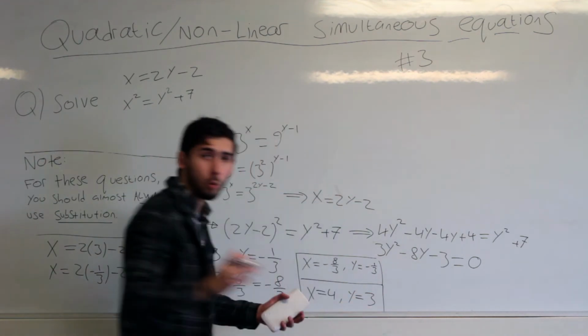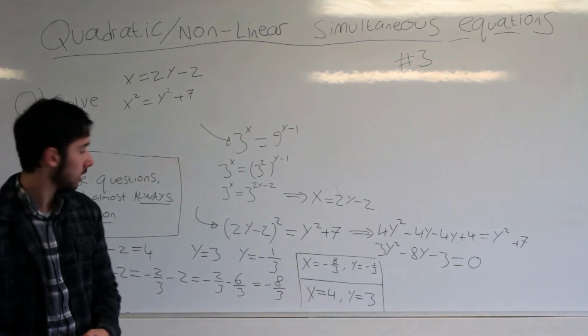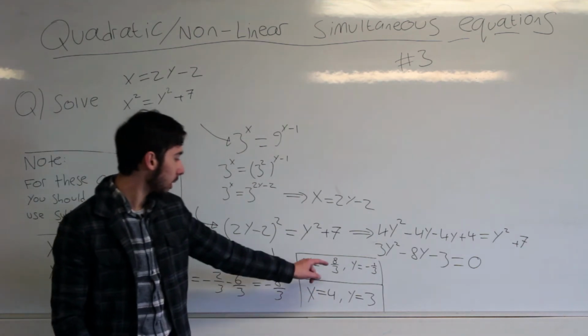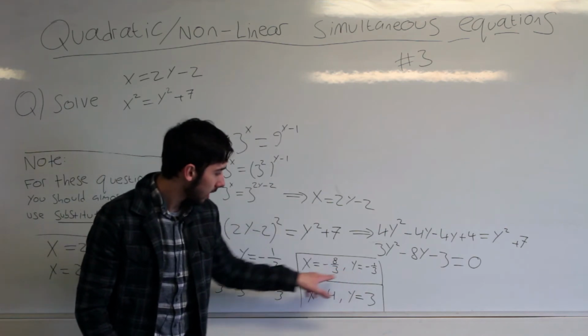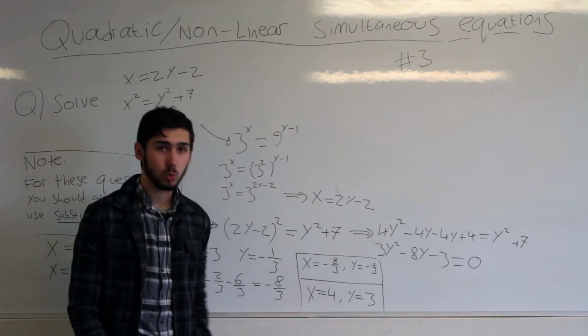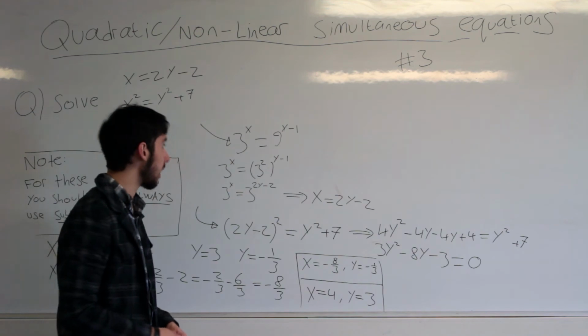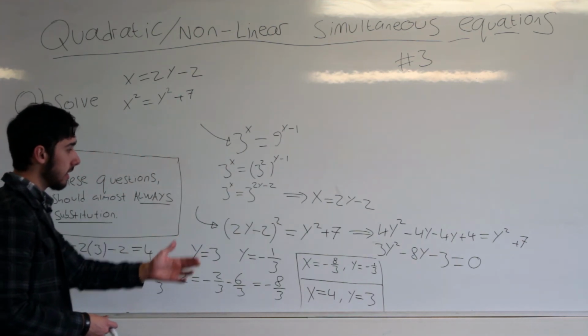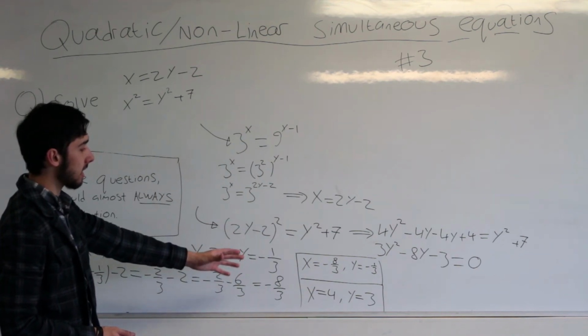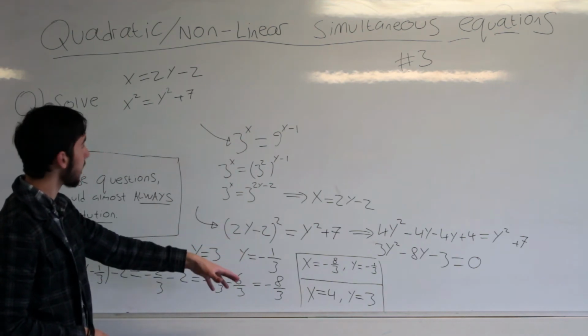Again, these are coordinate pairs. You cannot say that x is equal to minus 8/3, y is equal to 3. You can't do it. You must say this is a coordinate pair, this is a coordinate pair. They are separate things, okay? And again, just to be very clear what these numbers actually represent, if you were to substitute x as minus 8/3 and y as minus 1/3,